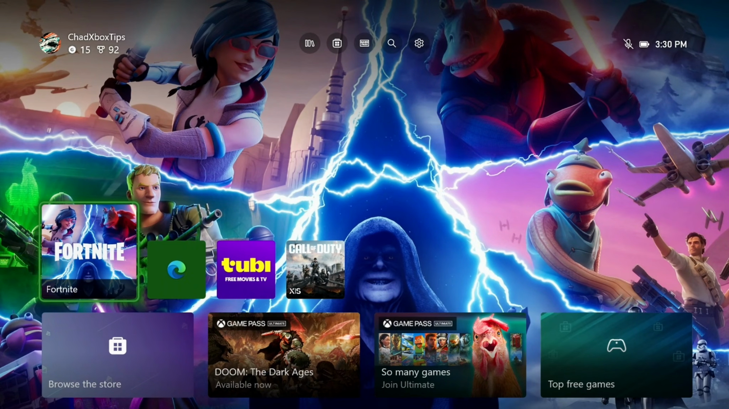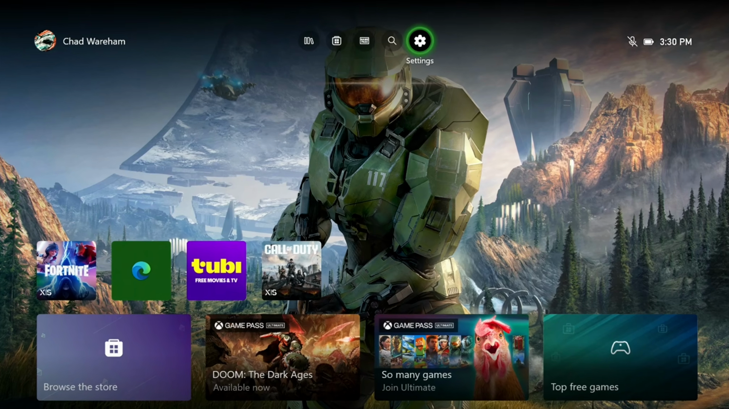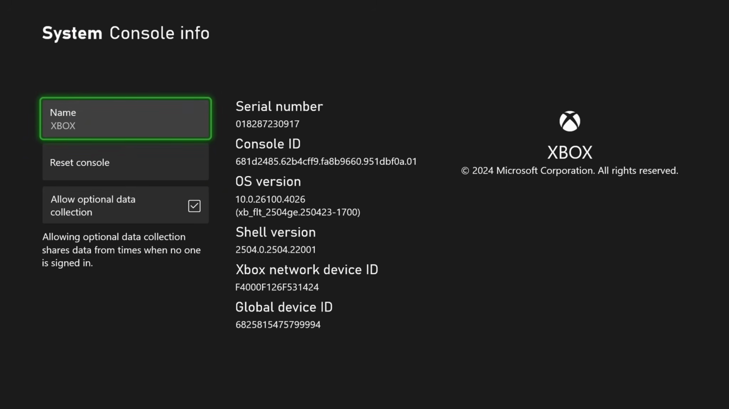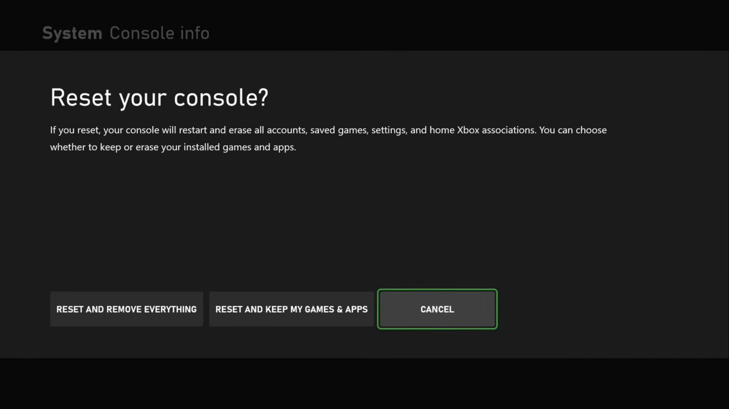So if that doesn't work either after reinstalling it and trying to launch it, the next thing I recommend you do is go to Settings. And from Settings, we're going to scroll down to System, and we're going to go to Console Info. Here, you'll be able to reset your console where you can reset and keep your games and apps, or reset and remove everything. But I wouldn't recommend doing this unless you know what you're doing and you've